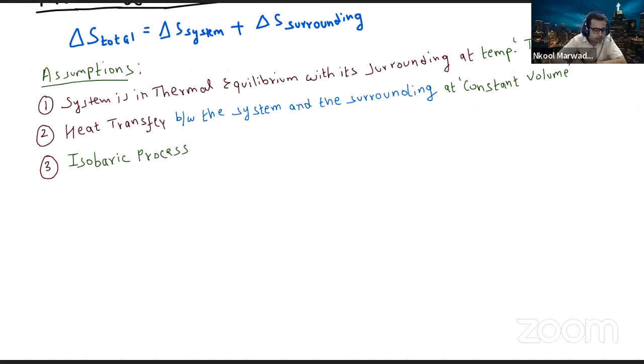This is related to the change in entropy. This Clausius inequality becomes dS, that is the change in entropy, minus dU by T, should be greater than or equal to